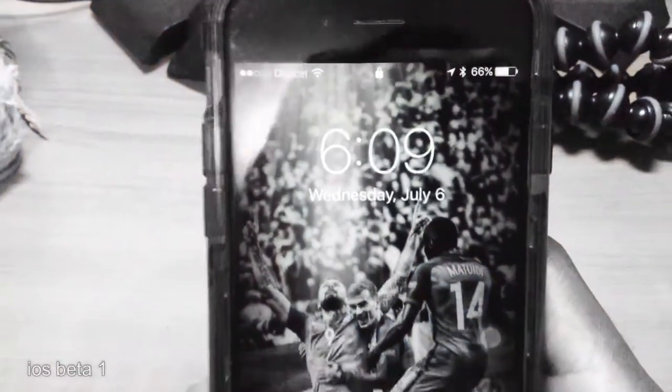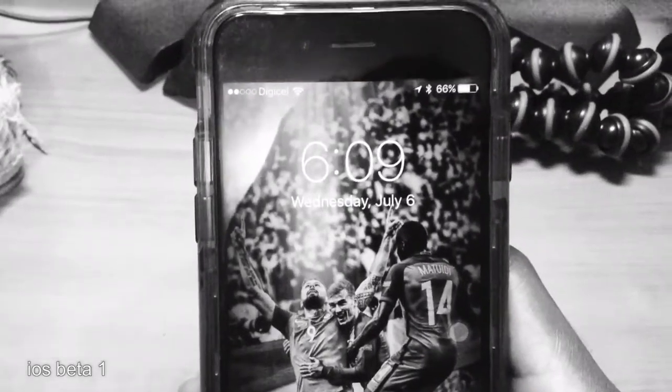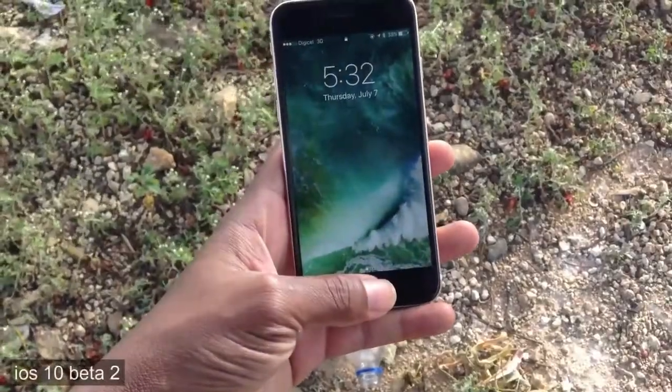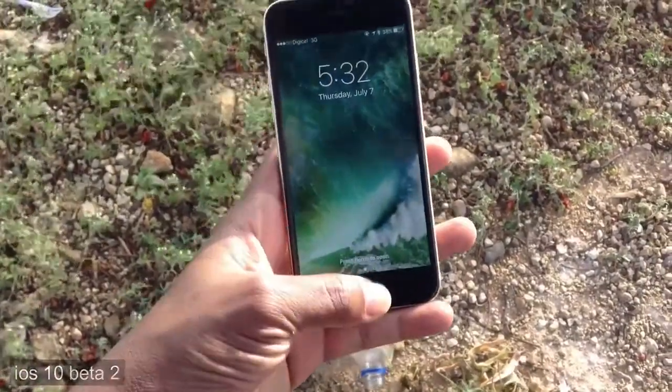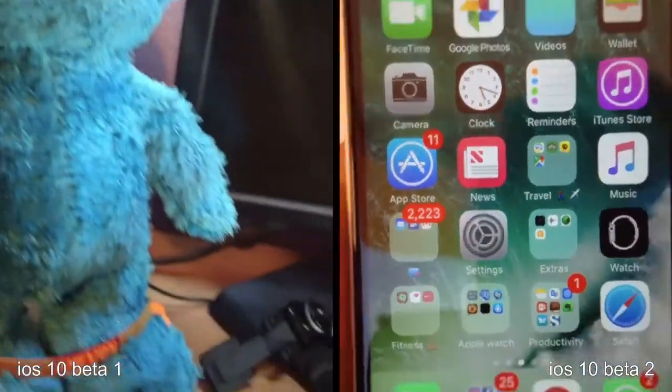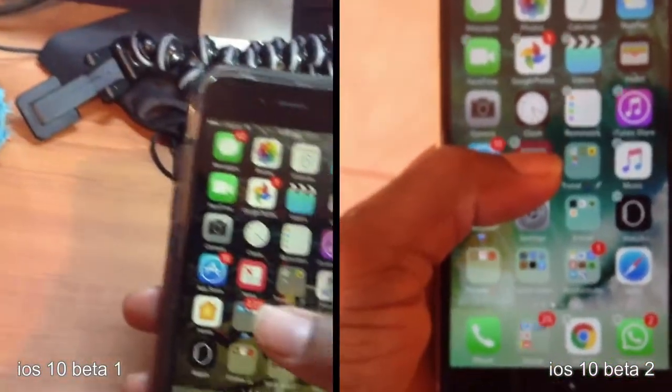At first glance, in Beta 1 we only had a padlock to show that our phone was unlocked, but in Beta 2 we now have this unlock animation in the status bar, which makes it much easier to know when your phone's unlocked. In Beta 2, we can now delete the News app, which was weird because we couldn't do